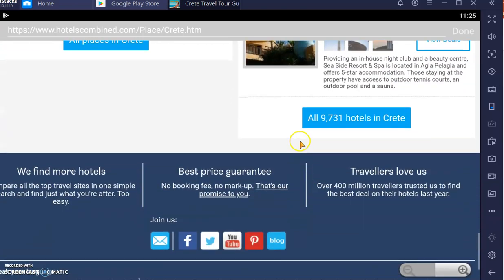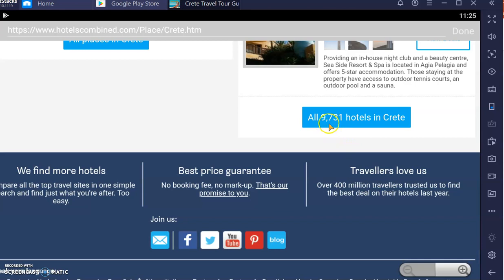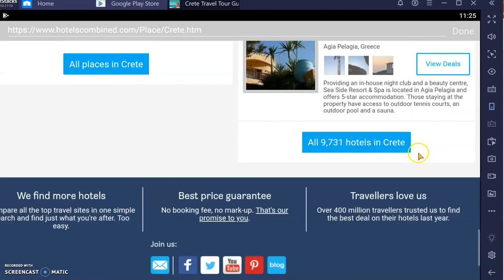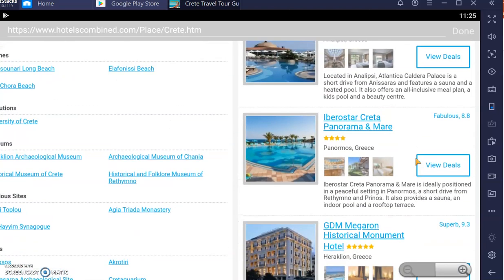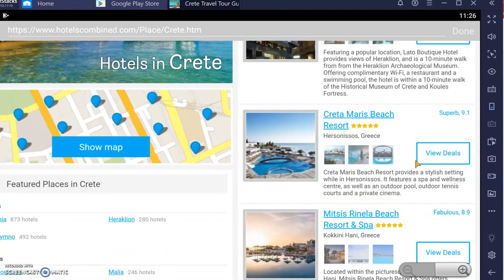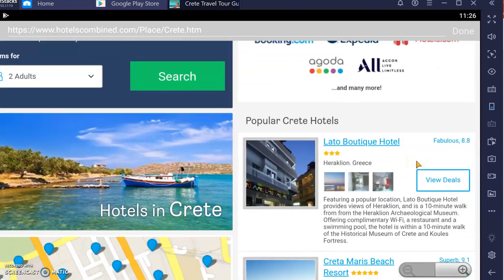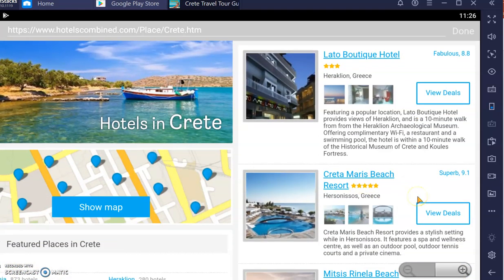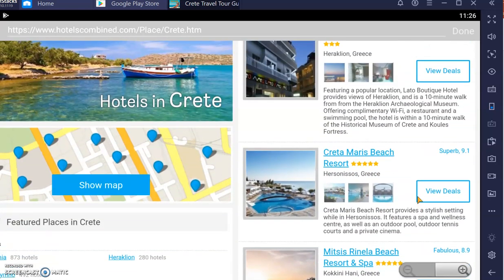Here showing all 9,731 hotels in Crete. Let me show you an example. Let's say after I browse through the hotel list, for example, I want to book this hotel room or view deal for this hotel. I will tap on or click on view deal,